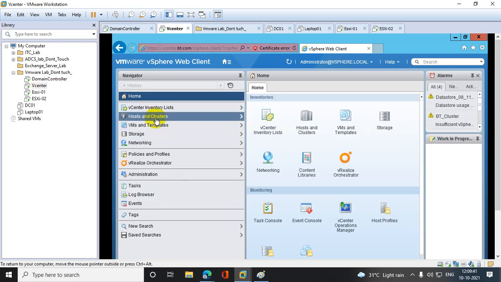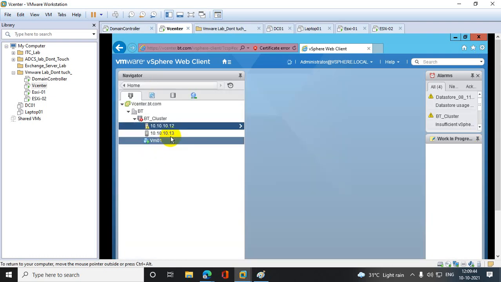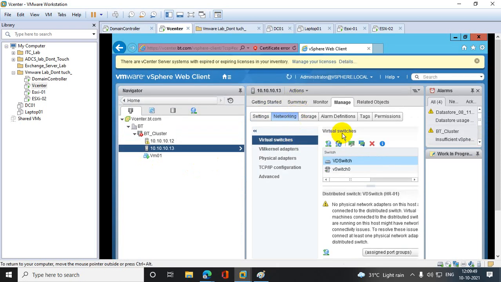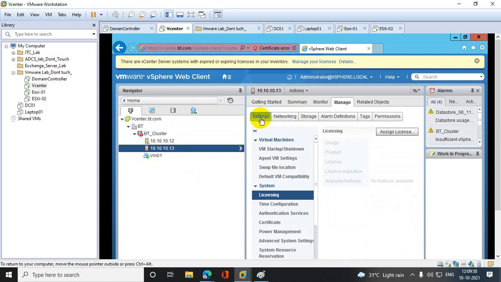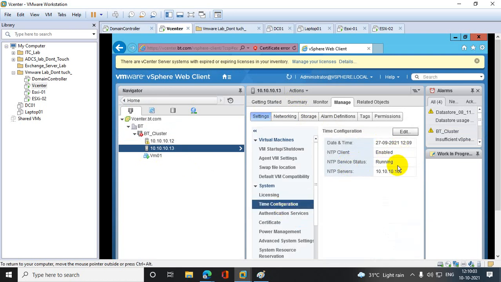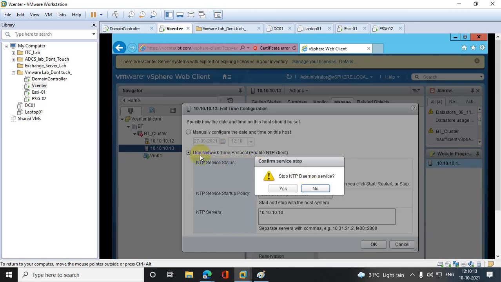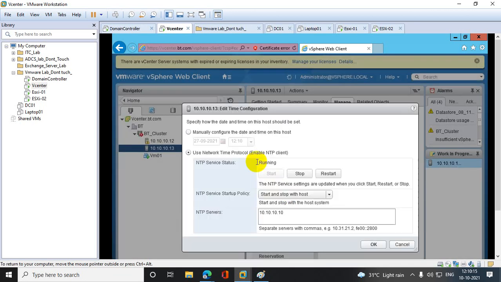Okay, so I have to go to host and cluster 13, and there are the options. Time synchronization, NTP service status: running. Now see that. Okay, I'll just stop it. Okay. Did you see that? It is working in the web portal,